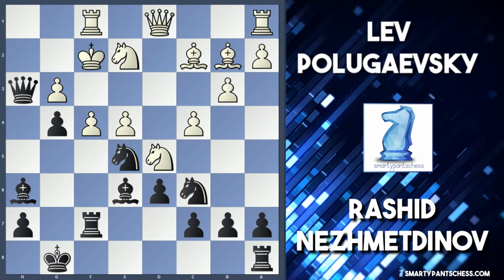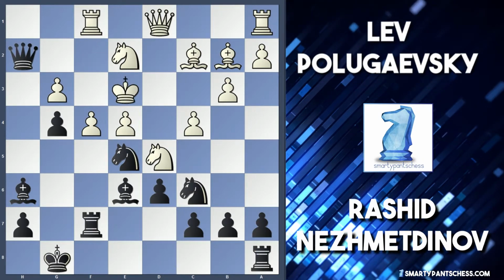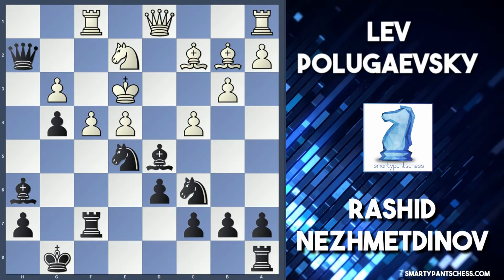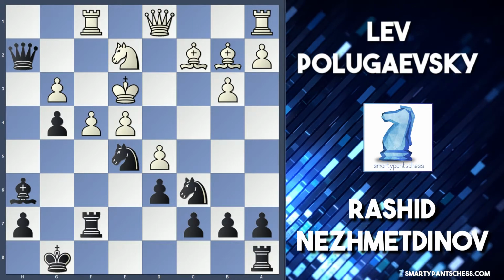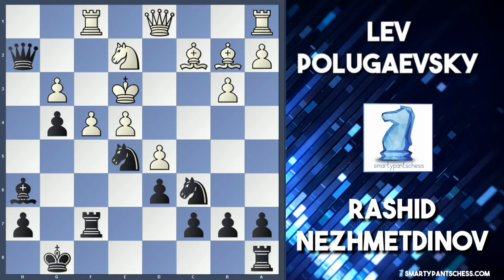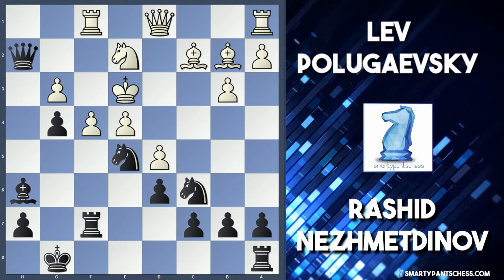f3. And Nezhmetdinov now played queen h2. Polugaevsky runs, he plays king to e3, and now Nezhmetdinov captures on d5 and c takes d5. So what this has done is just got rid of white's most powerful piece and left many tactics on the board. Again, white can't take this knight on e5 due to the pin on h6 from the bishop, so knight b4